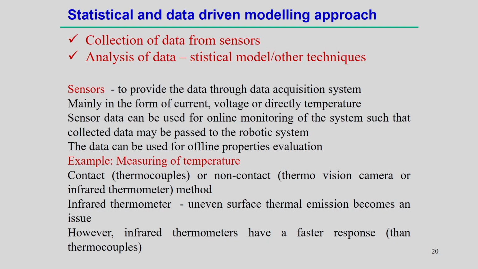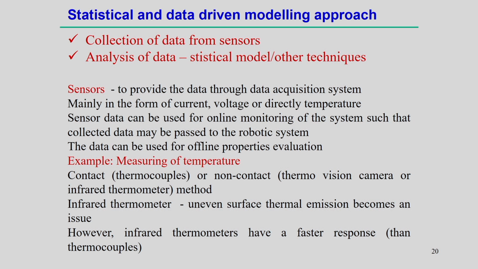Now, to provide the data, any kind of sensor can be used through the data acquisition system. Then it can be in the form of a current, voltage, or directly temperature. Maybe I am talking from the perspective of the welding process. So, sensor data can be used for online monitoring as well, where the data is collected and then passed through the robotic system, so that we can monitor the system in the online monitoring system. Or the other way, we can analyze all this sensor data offline, but it is necessary to collect the data through the data acquisition system and then store this